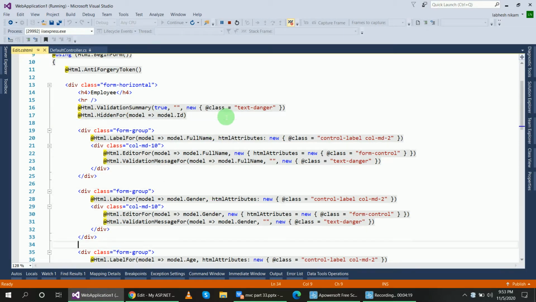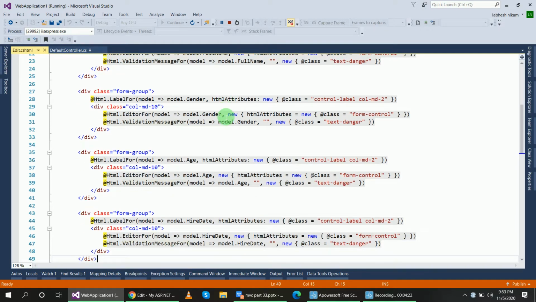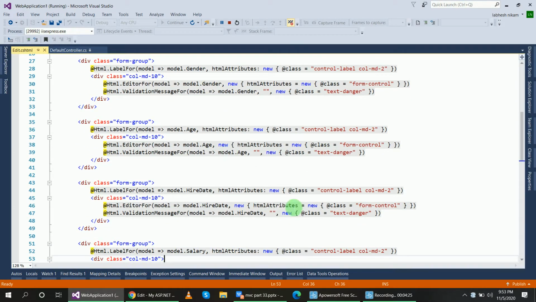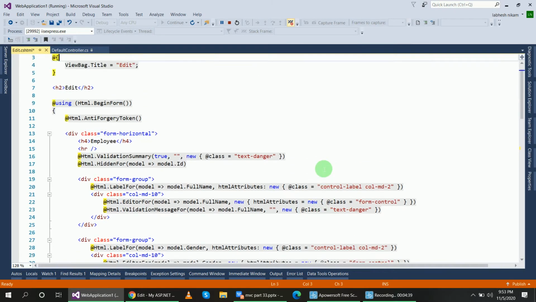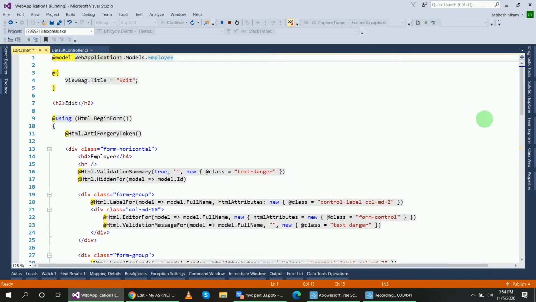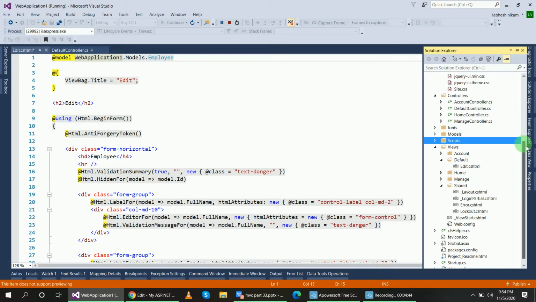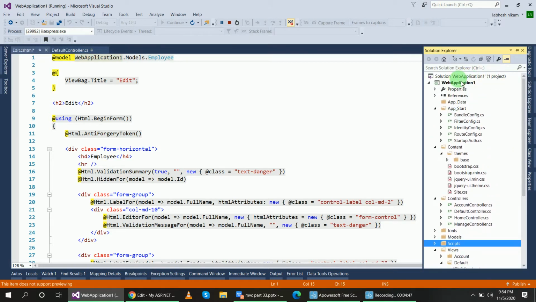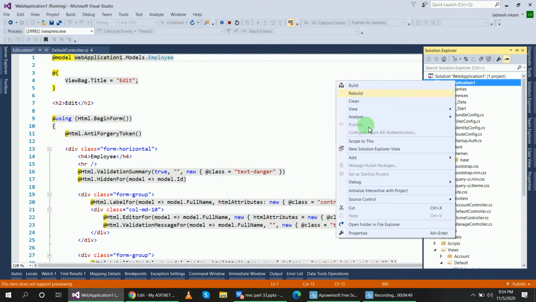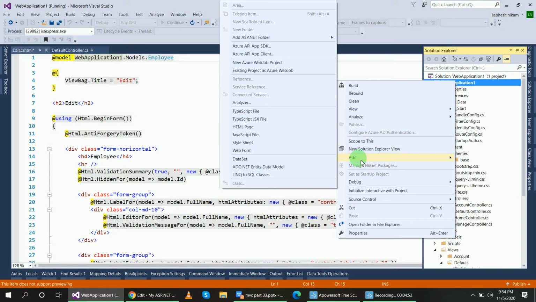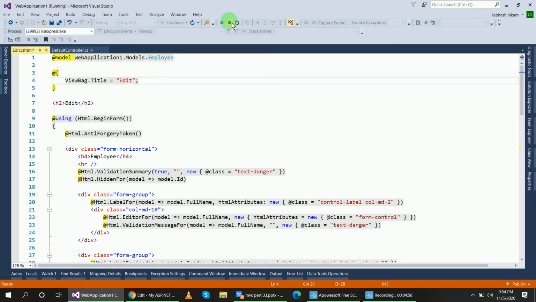I will first add the datepicker class to my hire date text box. So this is the hire date text box control, and inside this I will add the datepicker class. This datepicker class resides in the jQuery UI files, so first you have to download the jQuery UI files using manage NuGet packages. So stop the debugging.